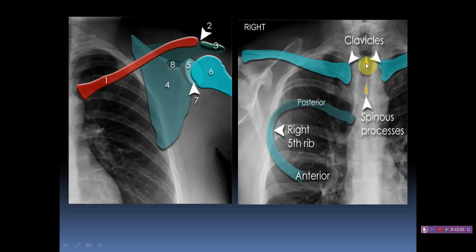This spinous process will play a big role in chest radiography, because the distance between spinous process to clavicle head should be the same distance in the right and the left side. If the distance is the same, it means the radiography is proper, there is no obliquity in the patient. It means the patient is not tilted, a proper true AP or true PA radiography.